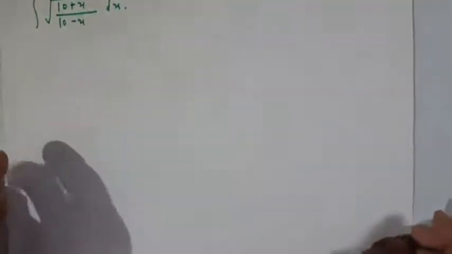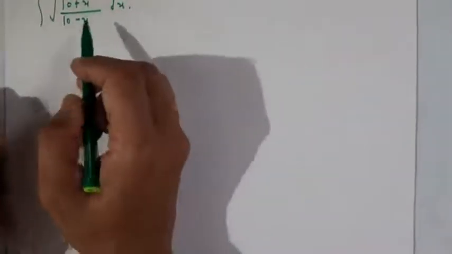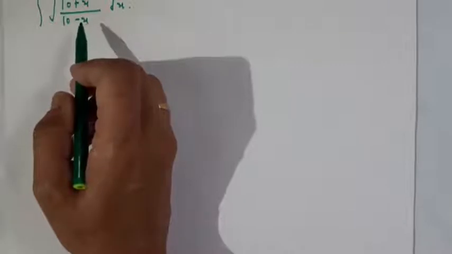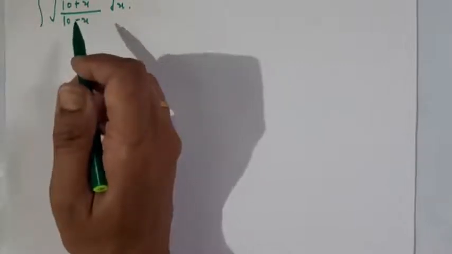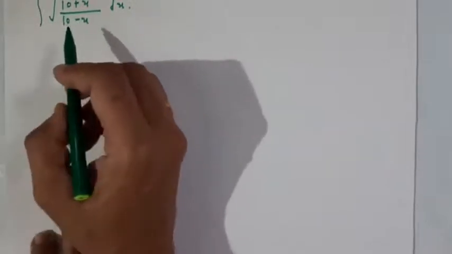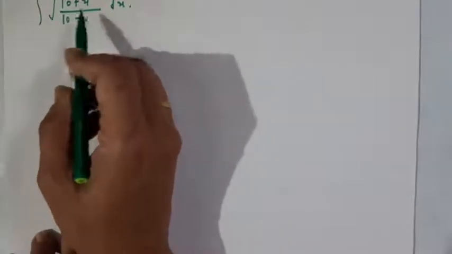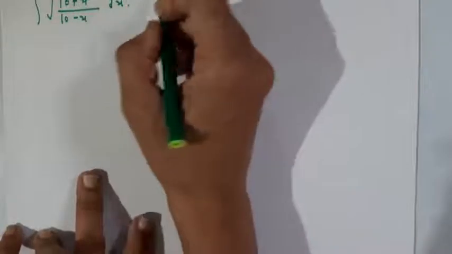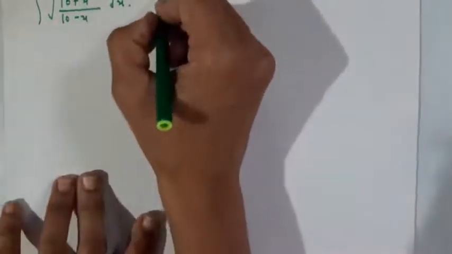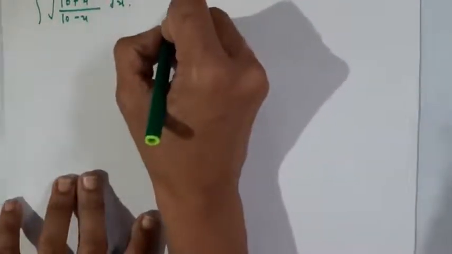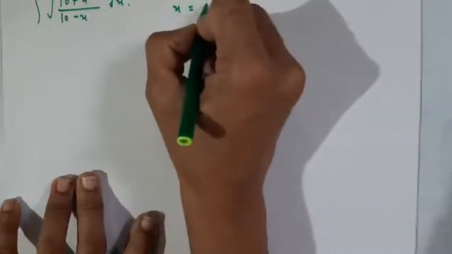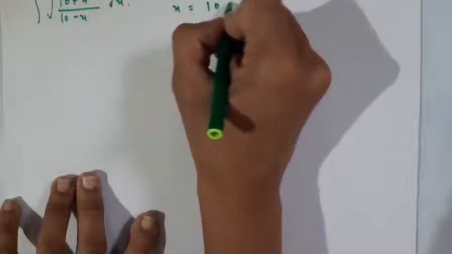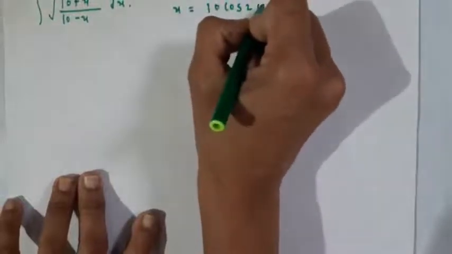Okay students, so this is the homework problem for you. I will give you just a hint for the problem and a few steps of the problem. Okay, you have to complete the problem. Now substitute here, that is put x equal to a cos of 2 theta. A means 10 cos of 2 theta.